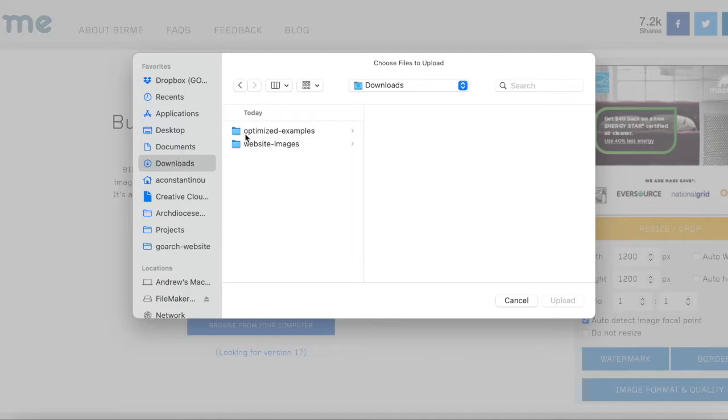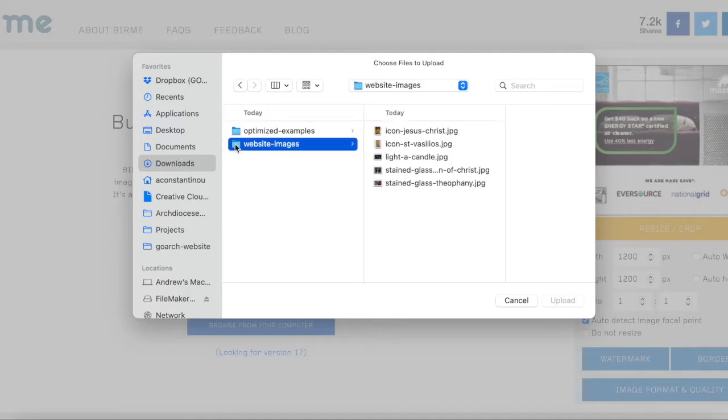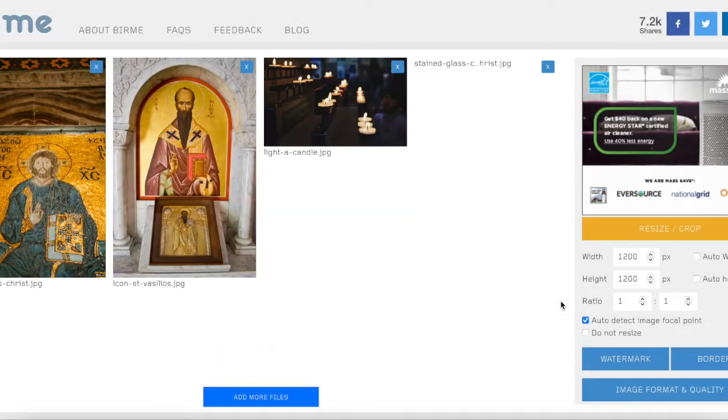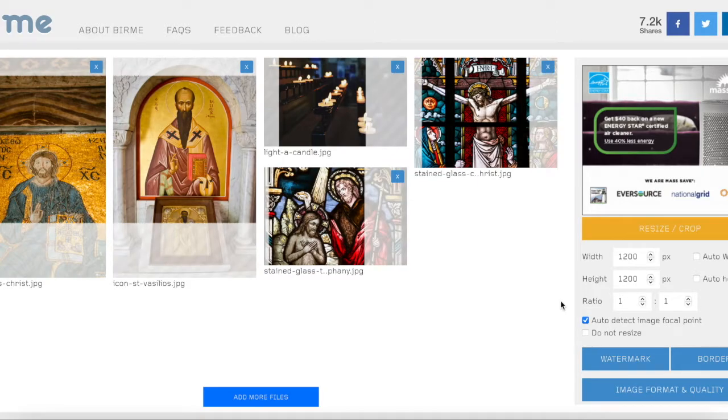In the Finder window provided, navigate to the folder on your computer with the images that you would like to use. Select all of the images in that folder by pressing either Command and A on a Mac or Control and A on Windows. Click the Open button in the bottom of the window, and your images will appear on